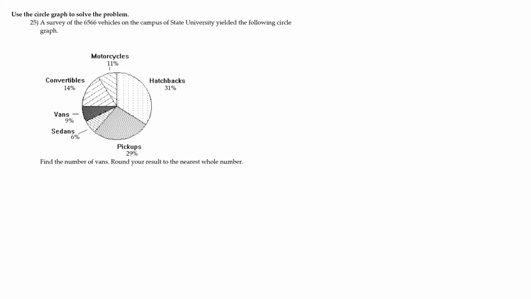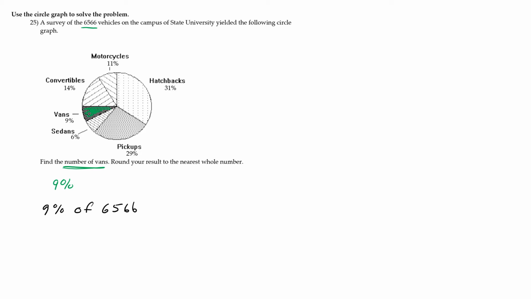Use the circle graph. So in a survey of, but that'll be important, 6,566 vehicles on the campus of the State University, we got this graph. All right, so in the graph, remember we're going to have all 6,566 vehicles, and now we've got the percentage of each vehicle type. Find the number of vans. All right, so our vans are right here, and it looks like that's 9%. So we need 9% of